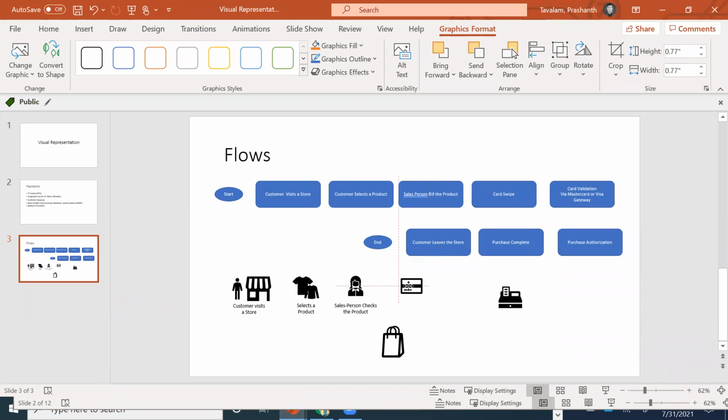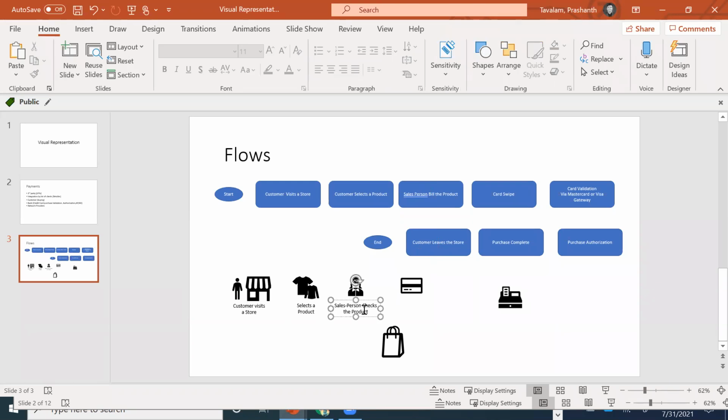Now you see how these red lines automatically align when you actually center it to the other images, automatically there will be a red line. So that is your cue to understand that you are aligning that image. Once you've aligned that image, now what you're going to do is put the same text here. Okay, so there's card swipe.